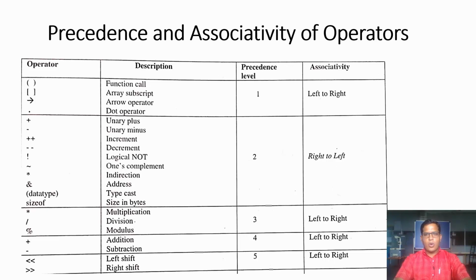Now what is the role of this associativity? Suppose we are evaluating an expression. In this expression, different variables are provided with some operators, and these operators appear having the same priority. For example, suppose I have an expression in which we are going to perform multiplication, division and modulus operations. No doubt all these three operators are having the same priority. In that case, the left to right associativity is checked.